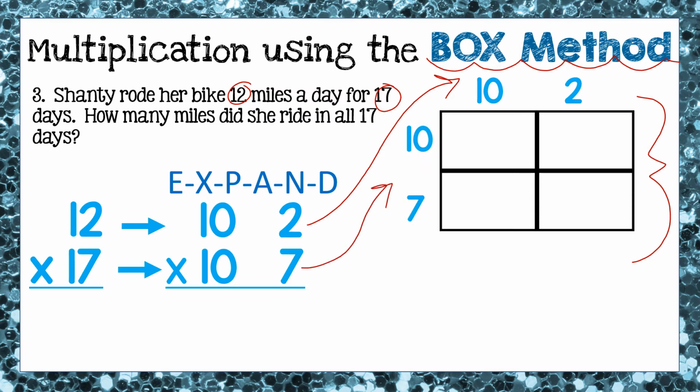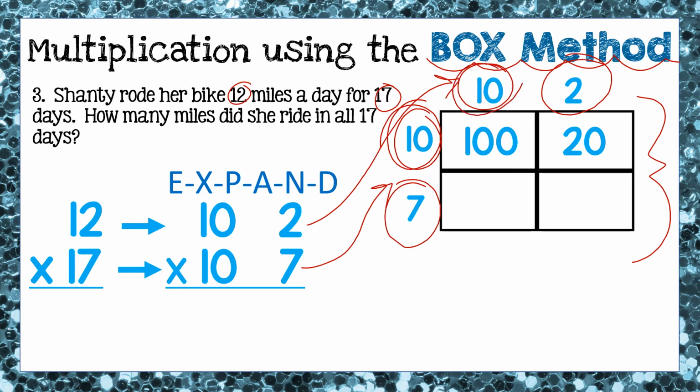Now I'm ready to multiply. I'm going to multiply 10 times 10 to get 100. I'm going to multiply 10 times 2 to get 20. I'm going to multiply 7 times 10 to get 70, and I'm going to multiply 7 times 2 last to